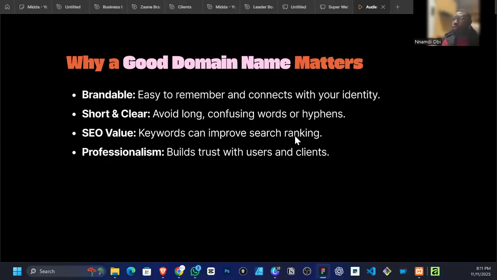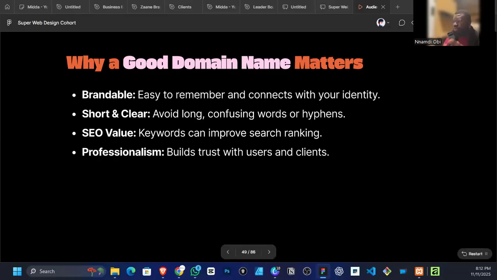Okay, so why does a good domain name matter? It's brandable, easy to remember, and connects to your identity. Don't go and open a domain name that says ekele Nnamdi at .com. Nobody's typing that amount of letters just to access your website, unless it's a link. So you need very short and clear domain names. Don't put confusing words. My website is the real SMO. Simple, right? I have a company, etivio.co, zane.co, very short stuff, jumia.com,